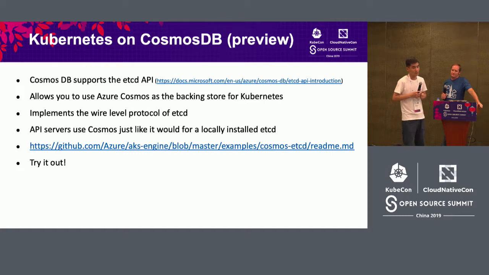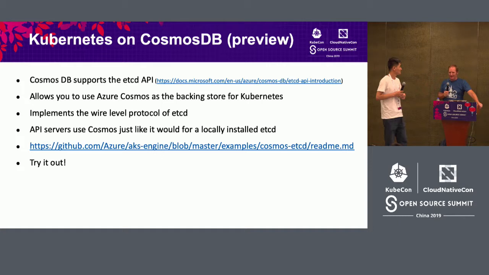With CosmosDB, since it is distributed globally, your cluster could easily be scaled to a much bigger scale. Just a note of caution: that capability is not yet available for the etcd interface on CosmosDB. During the preview phase, right now it's one availability zone for etcd data. As CosmosDB support for etcd grows, it will become available to be globally replicated.